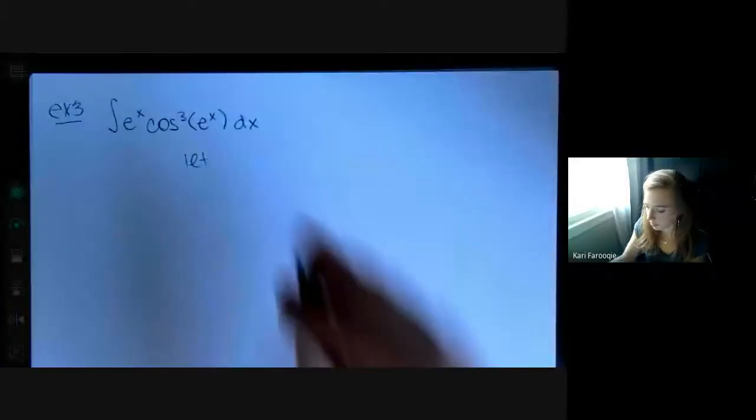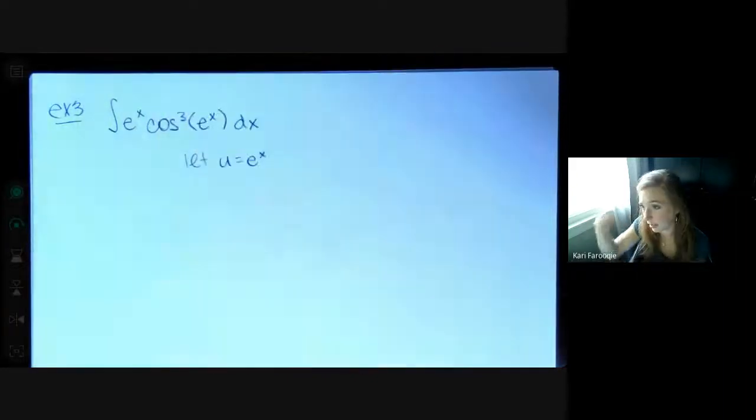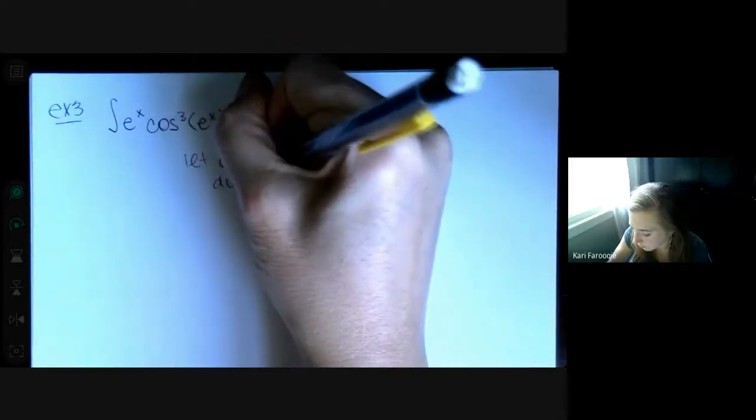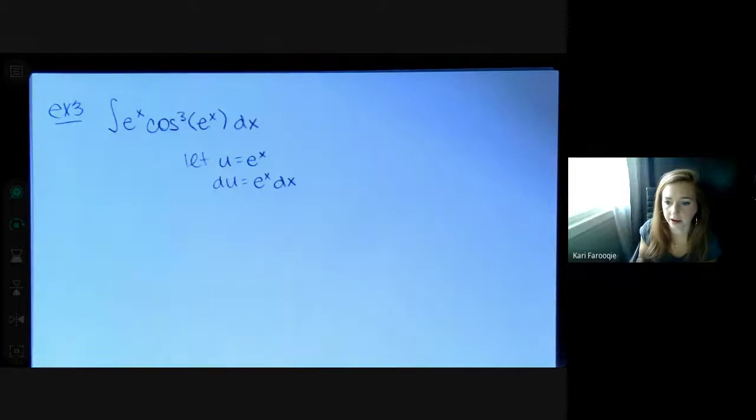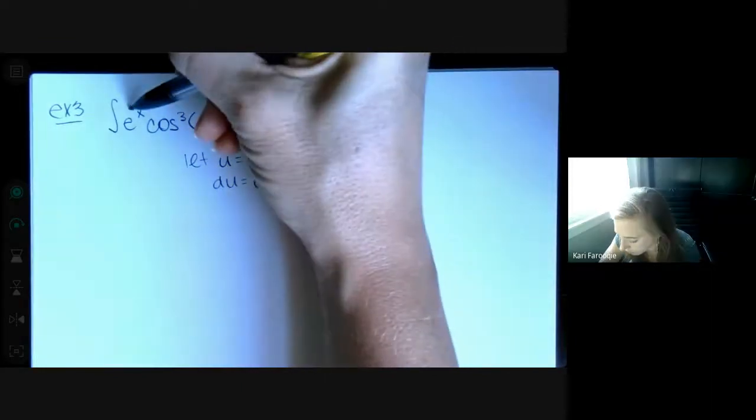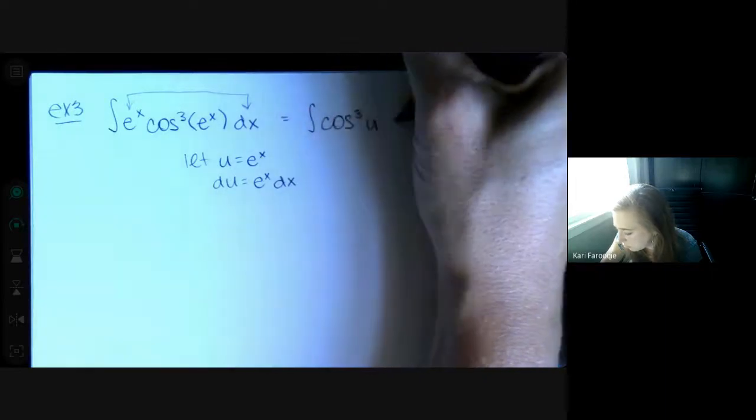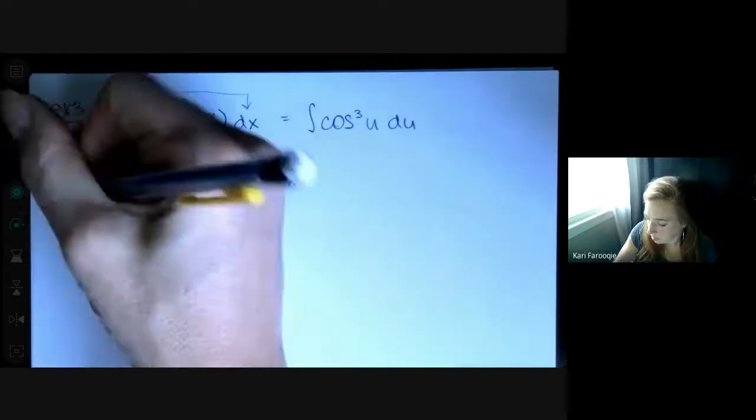Okay. So we are going to let u be e to the x. Remember that du, the derivative of e to the x, is also e to the x, so du is going to be e to the x dx. If you're wondering how that helps us, well, now we have e to the x dx as being du, and then we have cosine cubed u du. And now we can use number 89